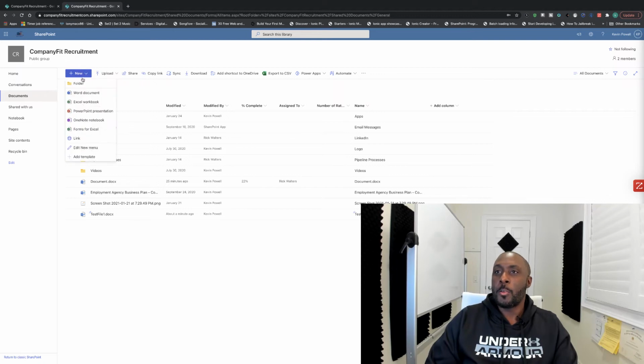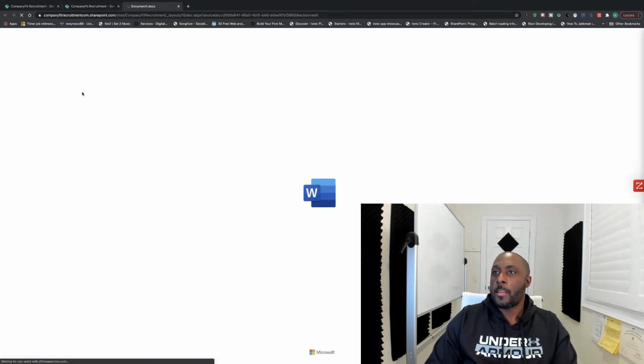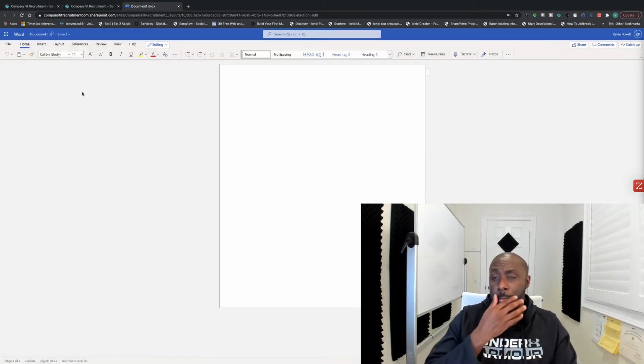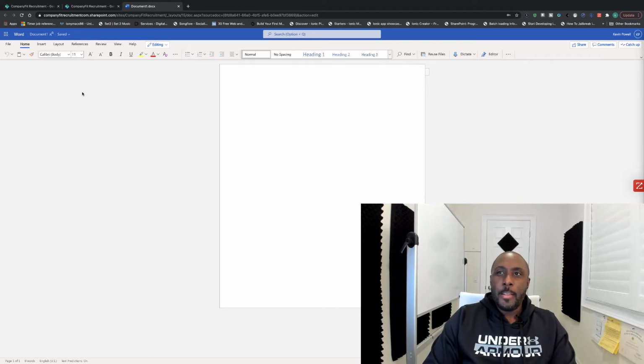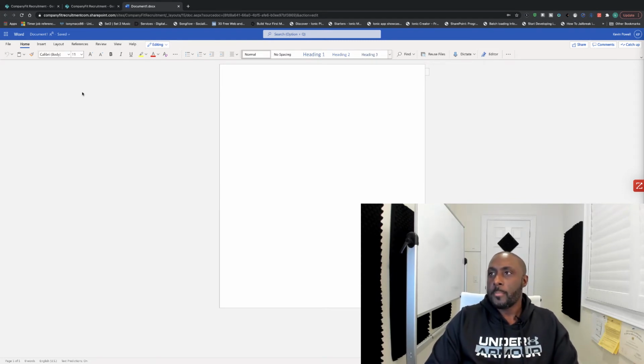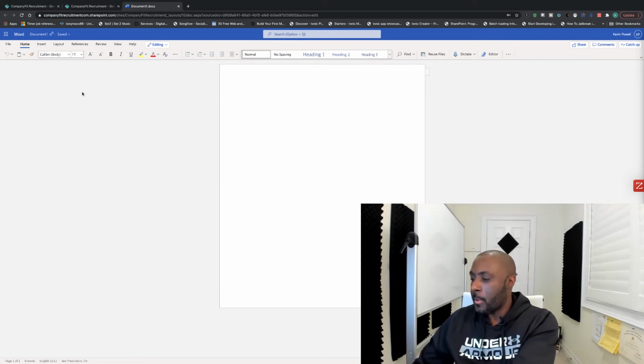I could also click on New here as well, and again, I'm in a new document and it's automatically saved. As you can see, the difference here from what we did in Teams is that Teams actually prompts us for a name we want to call this document. SharePoint, for some strange reason, does not do that. So even if I update this document,